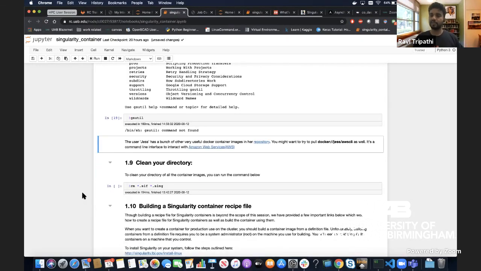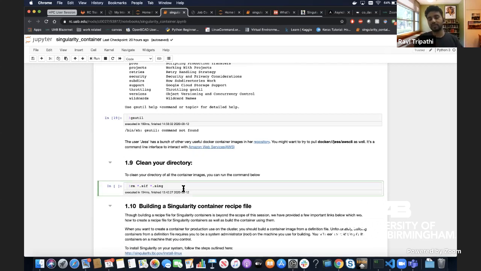So one thing that I mentioned, I think it would be nice. I think that's all we have. This last one is just for cleaning a directory. So we have a seff image that comes by default if you just use Singularity pull without specifying the name. I also specified a name where I kept s image as the file type. So this cell only cleans up your directory and removes both of those containers once you are done with your Jupyter